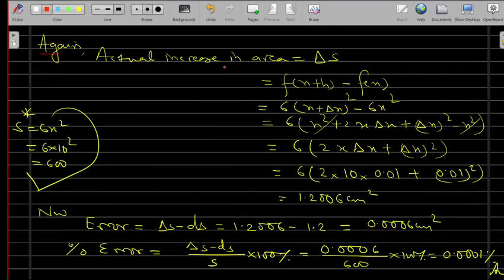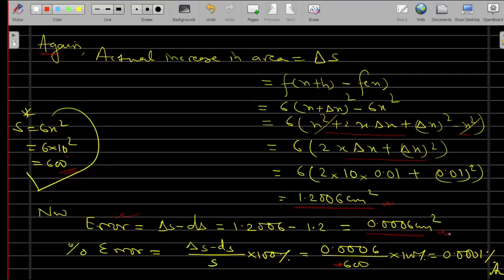And again, the actual increase in area is ΔS, f(x+h) minus f(x), 6 times (x+Δx) whole square minus 6x². 6 is common, expanding this, the x² cancels, and we put in the values of Δx and x, and we obtain 1.2006 centimeter square. Now you have to find the error. S equals 6x², 6 times 10 square, 600, that is S. Anyway, error is actual minus approximate, ΔS minus dS, 1.2006 minus 1.2,